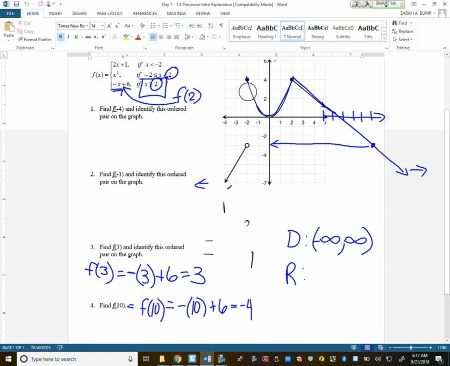I would like to point out though, let's just pretend for a second that when this first piece stopped at -2, this next piece didn't start until -1. So we're going to pretend that that wasn't there at all. If that happens, and these 2 points are not directly above one another, you would have to use a union. So you go negative infinity to -2, exclude it with a parenthesis, union, we don't start again until -1 right here, and there's a point there, so that would be a bracket at -1, and then all the way to